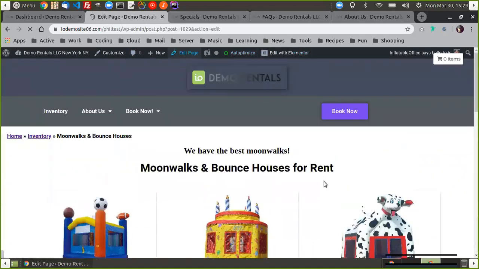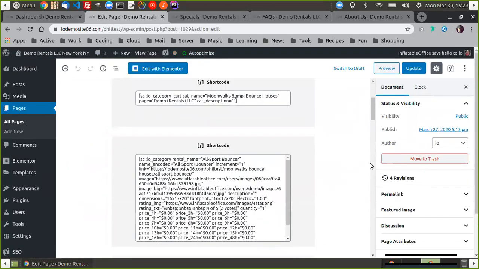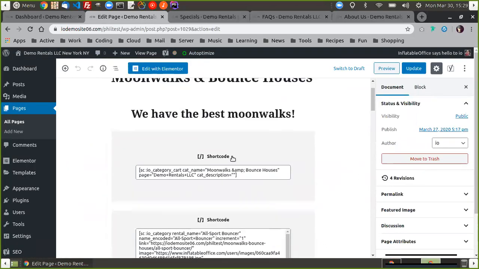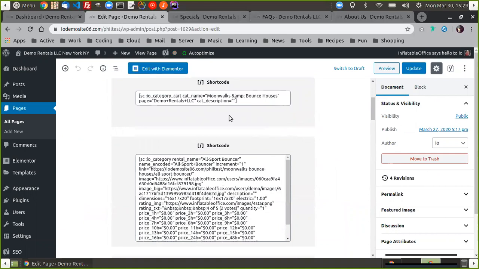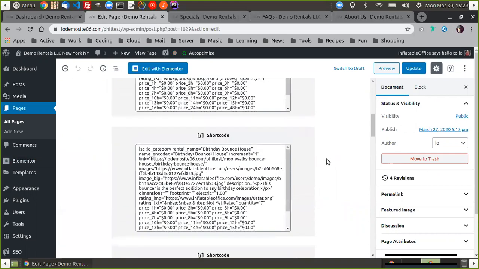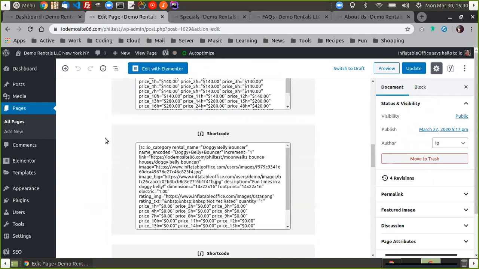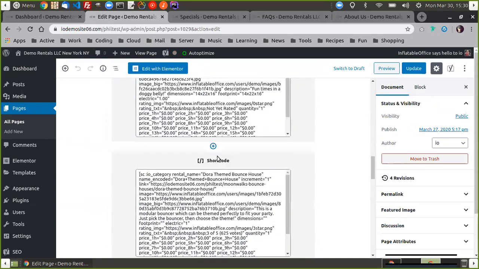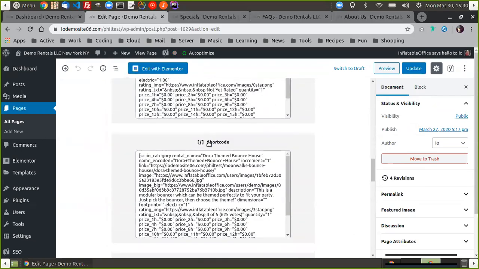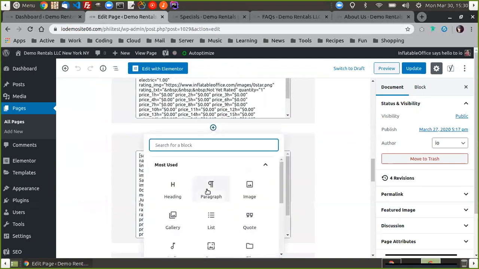Now, something important to remember is you want to look on these pages for these shortcode blocks. These are what IO has placed into these pages and what keeps everything synchronized between your site and your InflatableOffice account. And what you need to remember is you do not want to split these up. You don't want to add any sort of content in between them. If you do, on accident, add something,